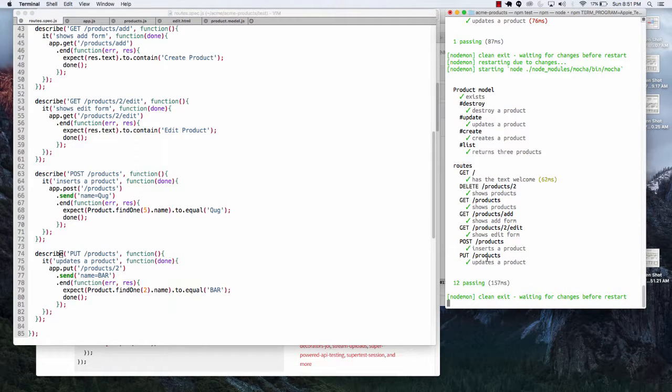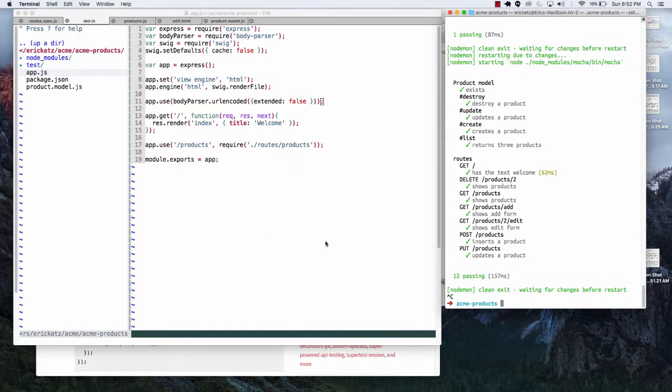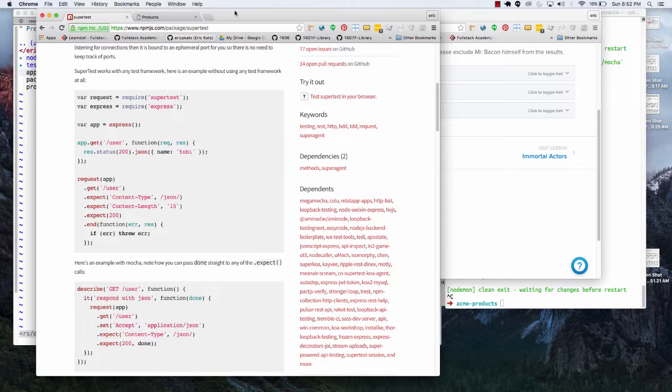Okay, so now we've actually got all of our routes being tested, but we haven't actually looked at this in a browser. And we'll be in for some surprises when we do. But let's talk about how we're going to move this Express app and set it up so we can look at it within a browser outside of the context of the tests. So what I really want to be able to do is something like